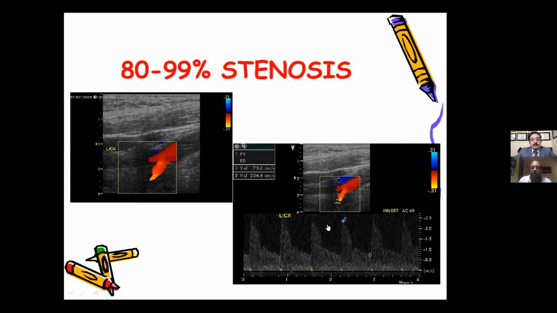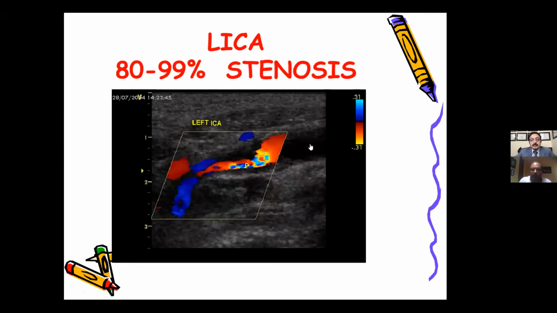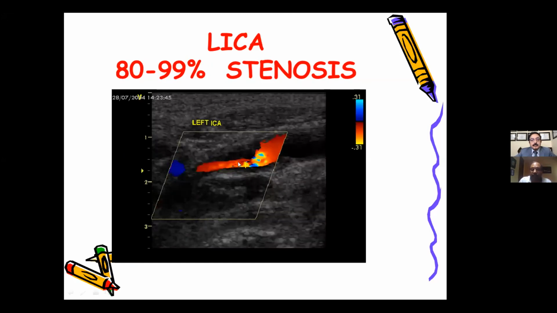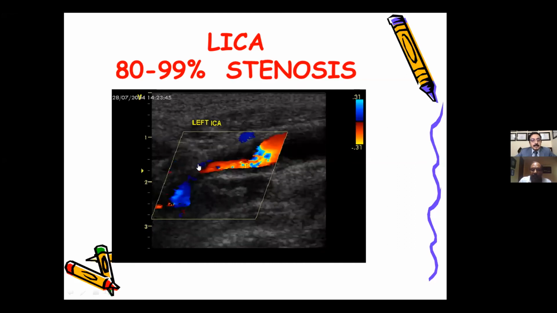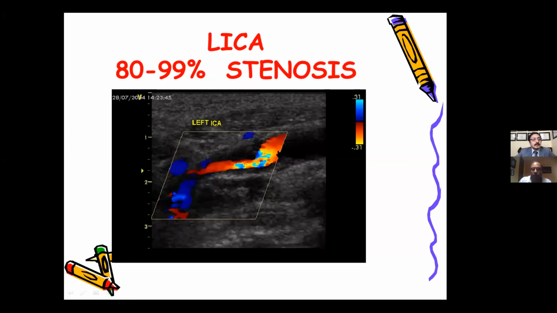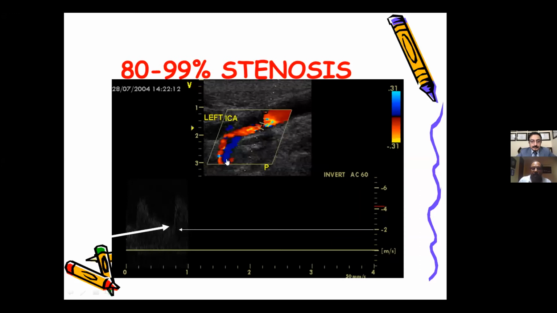On the other hand, look at this complete formation of a tunnel in this patient. Here is a common carotid artery, here is an internal carotid artery, and you see a huge plaque burden sitting right at the origin of the internal carotid artery. This is only one dimension of what we see here, and you can see this tunnel through which the blood is flowing. If I put my Doppler sample volume here, the systolic flow velocity is almost 5 to 6 meters per second, and the diastolic flow velocity is almost 2.5 meters per second. There's no doubt that this patient has a significant carotid artery disease.